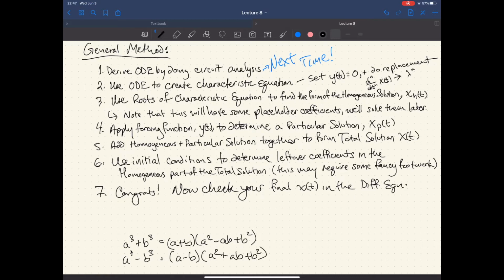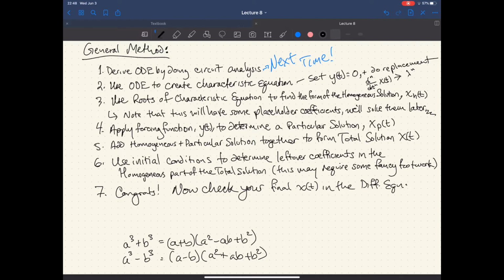And if you're like, hey, you could factor these further, well, yes, you can, but you're going to get imaginary numbers, which is fine, because we love imaginary numbers, but for all real intents and purposes, this works. So keep those two equations handy. Don't forget that there's going to be some placeholder coefficients that we're going to have to solve for later on down the road. So don't be surprised like, hey, I don't have my full homogeneous solution. Of course you don't, because you don't have everything put together yet.